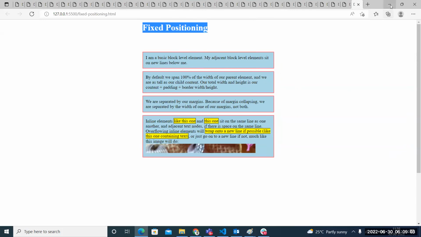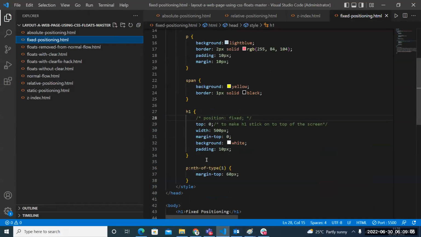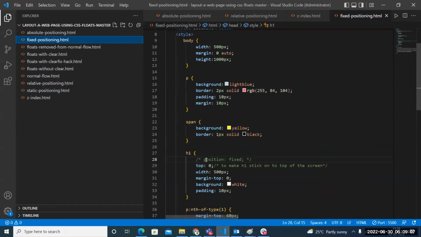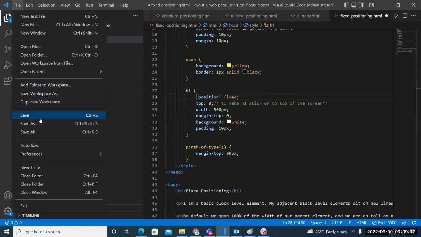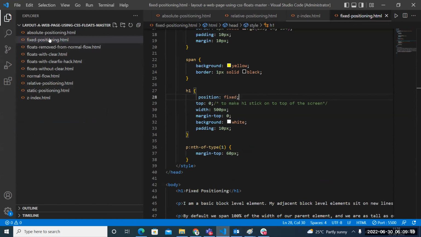So how can that be done? For that purpose, there is a concept called position fixed. You make H1 position fixed and save it. File, save all. Now if you run it,